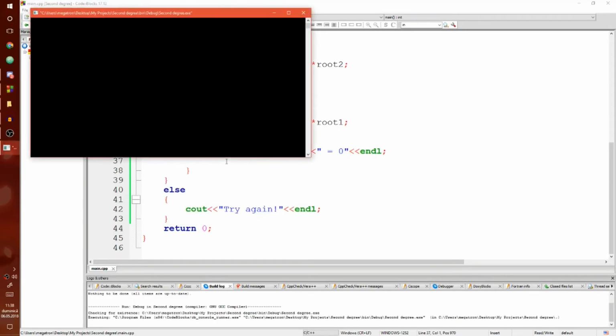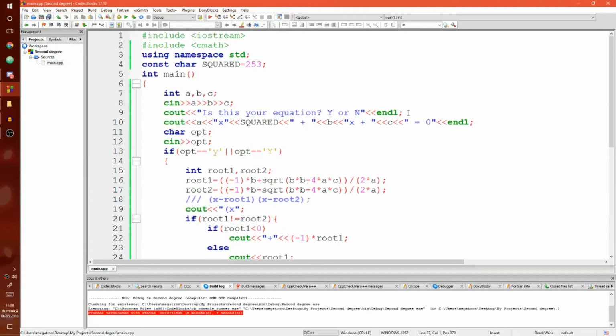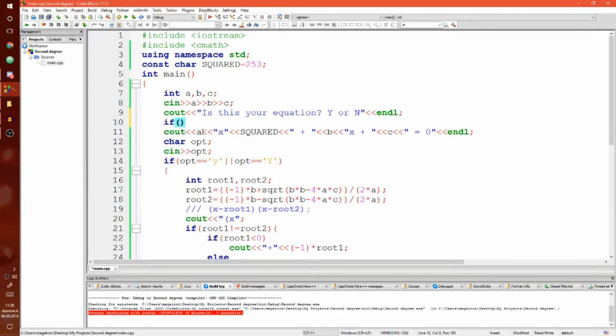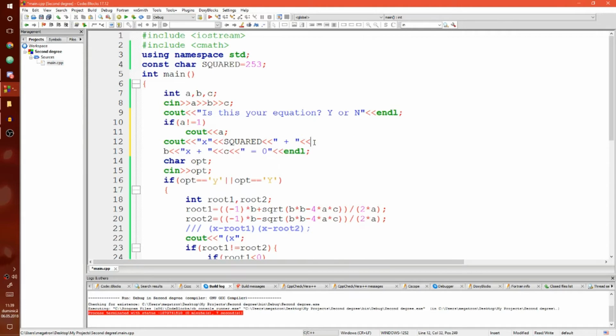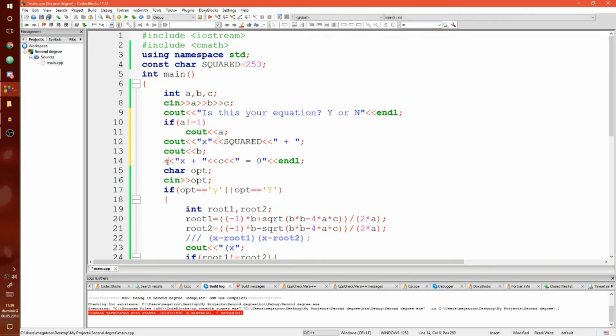Well, it's very annoying that when you type 144, you get this, which is annoying. So we're going to do something different. If we're going to have a cout here, if a is different from 0, it'll see if it's different from 1, it'll cout it, and then it'll go all the way to squared, and this is where we stop again. Put a bracket, do cout, stop again, put a bracket, cout,